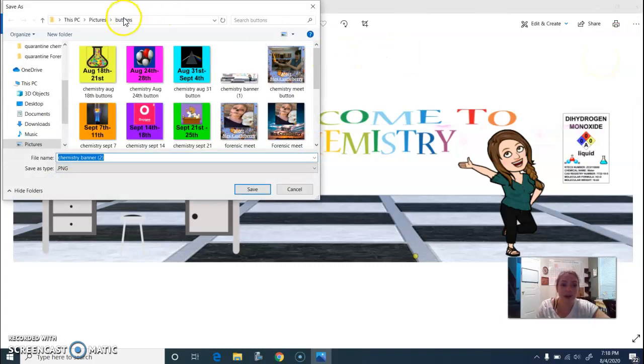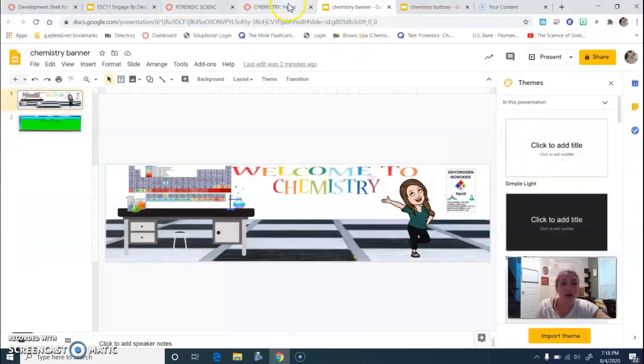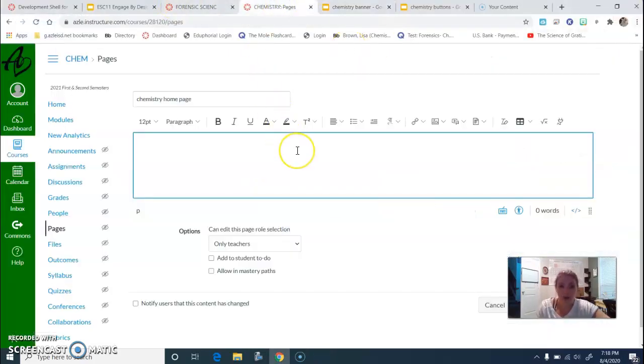And I've been saving mine in a folder called buttons because they're my clickable buttons in my home pages. So I made a little folder in my pictures and I've already saved it. So I'm not going to resave it, but that is where I would save it. Okay, so just X out of that. I've already done it. Then I'm going to go back to my chemistry homepage, the page I'm trying to make,